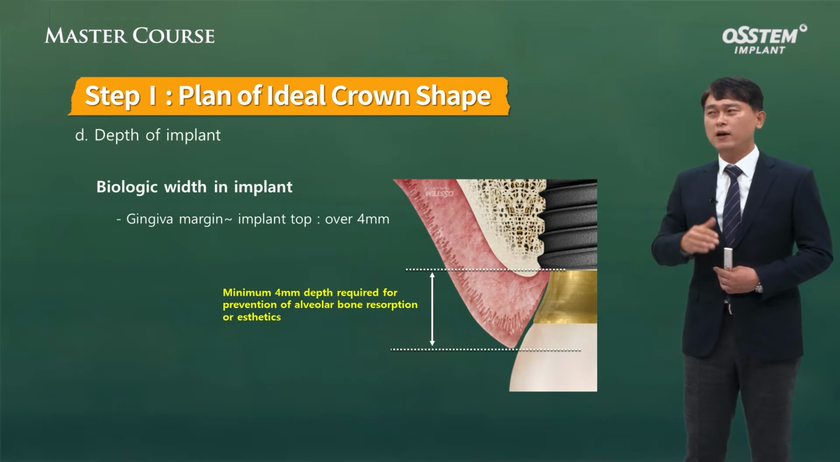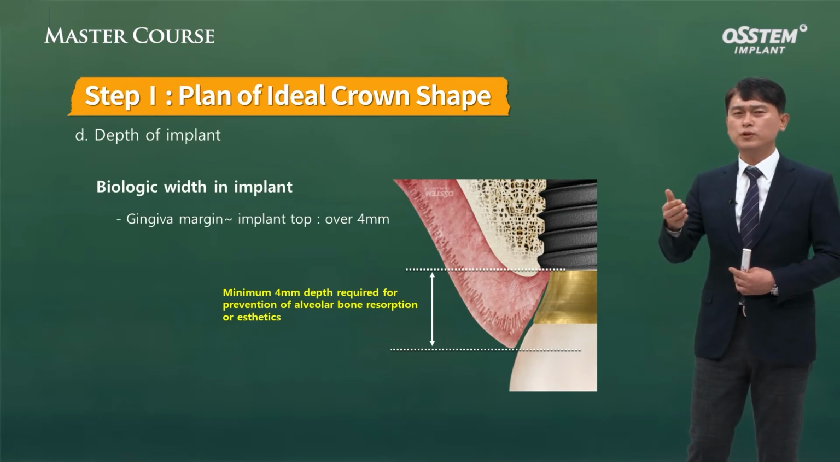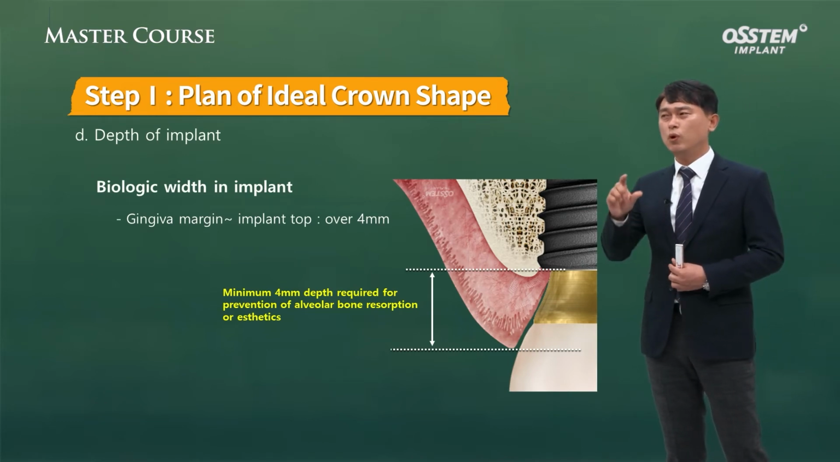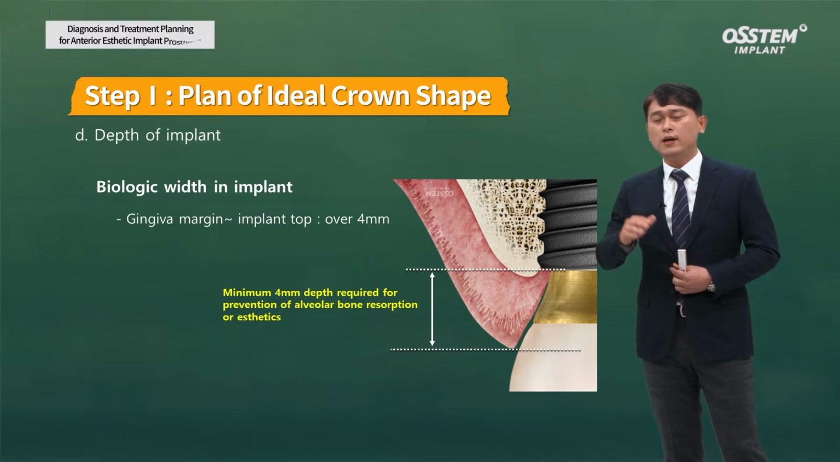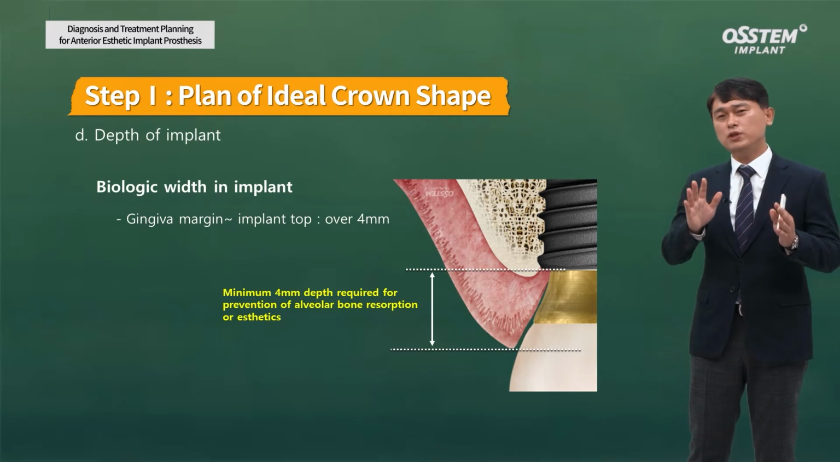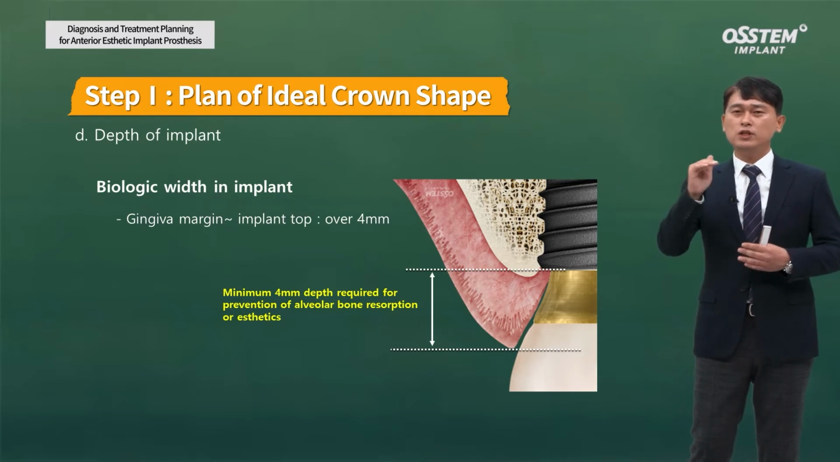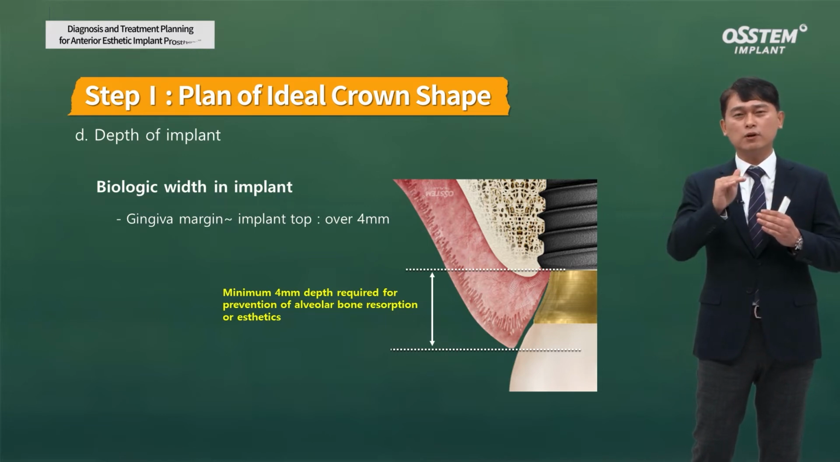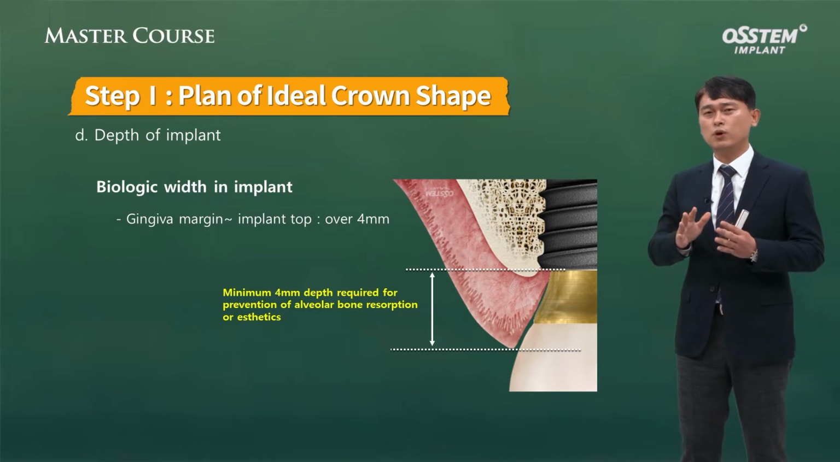Implant also has biologic width. The biologic width of implant is thicker than that of natural tooth. It is over 4 millimeter. In the case of natural tooth, the connective tissue is attached to cementum and a firm barrier is formed to